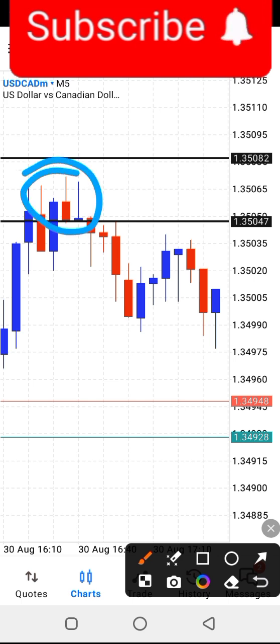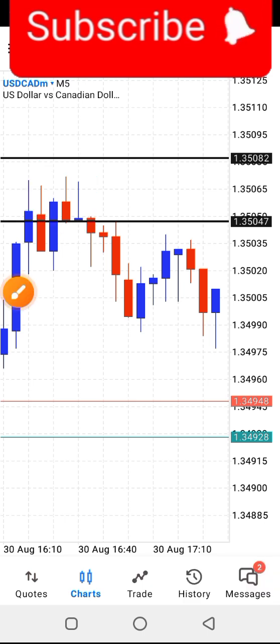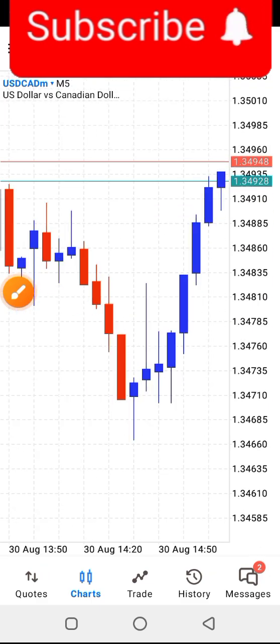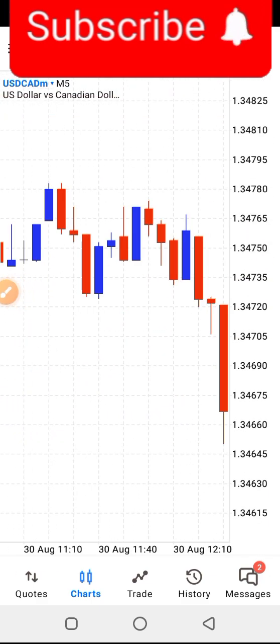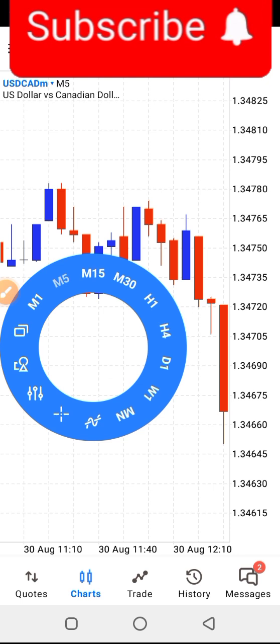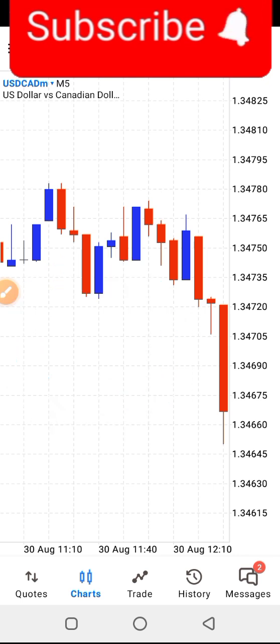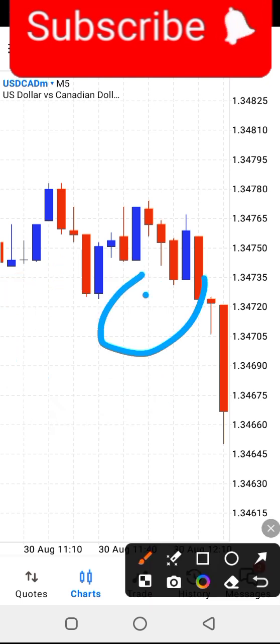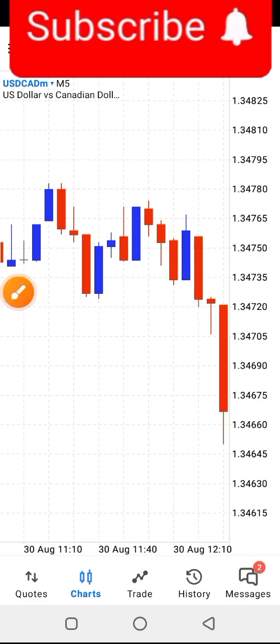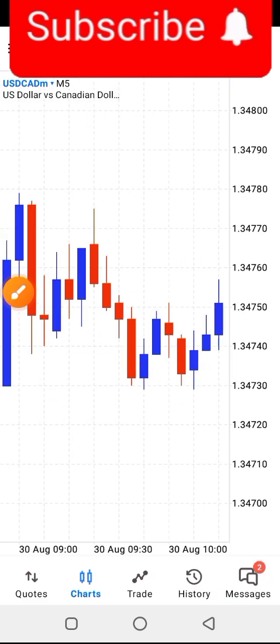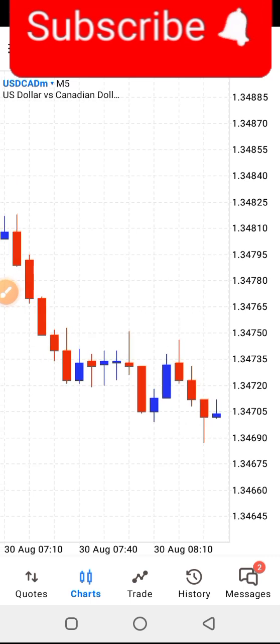You know, you use proper risk management. Make sure your stop loss is above or below the zone, depending on whether you're buying or selling. So basically, that's just what this strategy is all about. It's a very simple strategy, and if you're finding it difficult determining where to use as your pivot point to trade from, what you can do is this: most of the pivot points that actually make sense, that hold water,